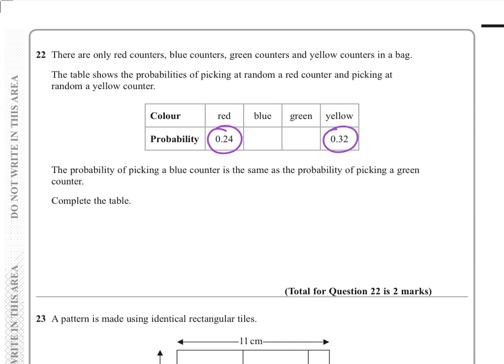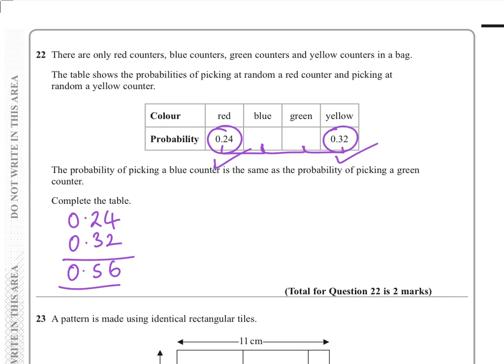So the first thing that we've got to recognise is that the probability of picking one of these colours, at least, when you add them all up, will equal 1, i.e. it's certain that you'll choose one of the colours at least. So we know we already have 0.24 for red, and we have 0.32 for yellow. So if we add those up, you can see here we get 0.56. So you should be able to work out that there's 0.44 left,